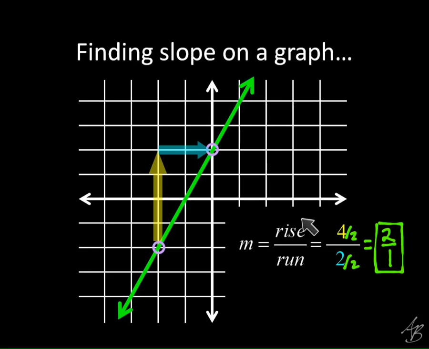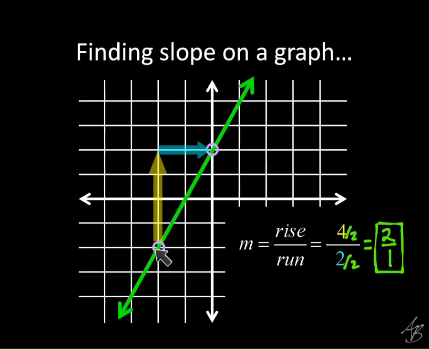Since slope is rise over run, we like slope to be a fraction, because then what that tells me is the rise is 2 and the run is 1. And actually, if you look at the graph here, if I start at any lattice point and I rise 2 and I run 1, I get to another lattice point that's on the line. I rise 2 and I run 1, I get to another one. So having a rise and a run is really useful.